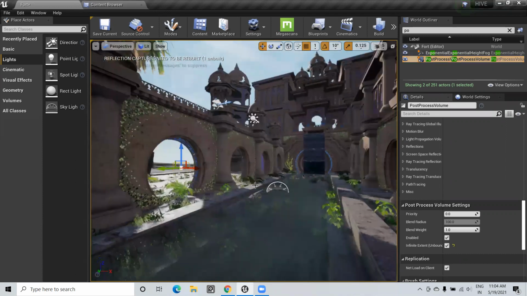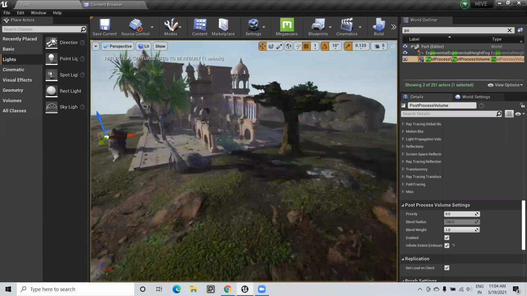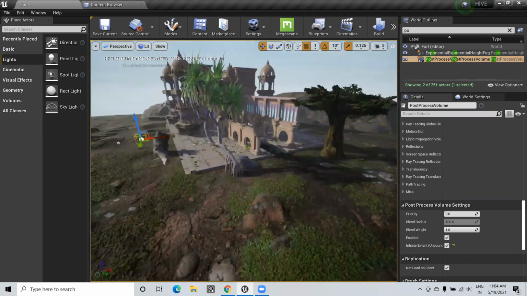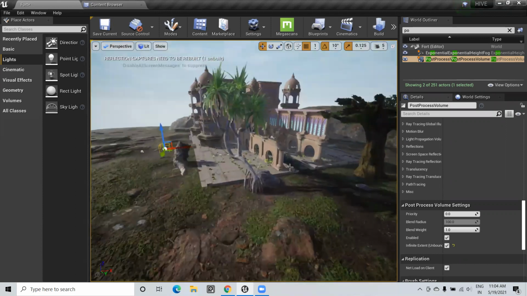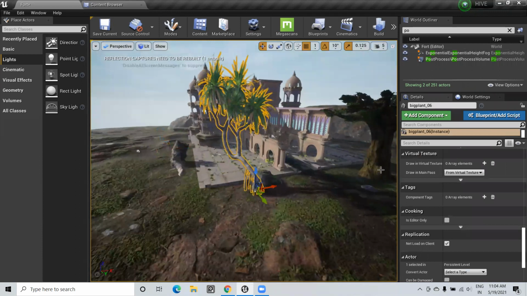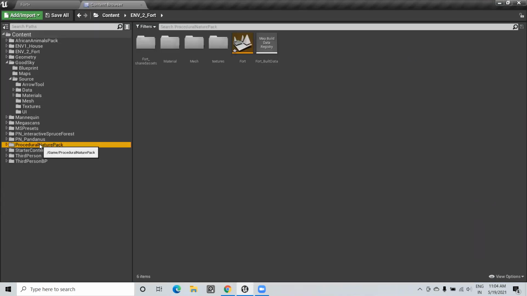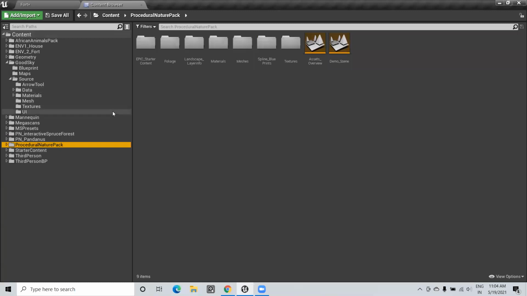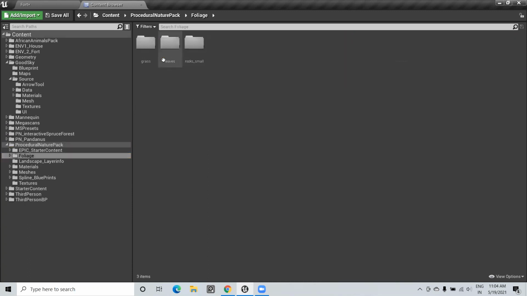And this much only. And plants also. Should I export from SpeedTree itself, or can I find it anywhere? No, no, you can use that project I was using, the tropical jungle. You can use that. It will give you a better result. In this one, nature pack, you have foliage. Let's see.